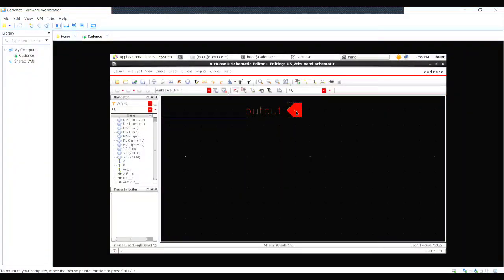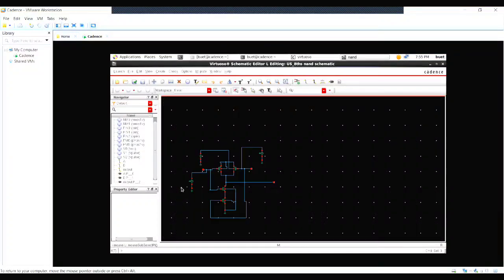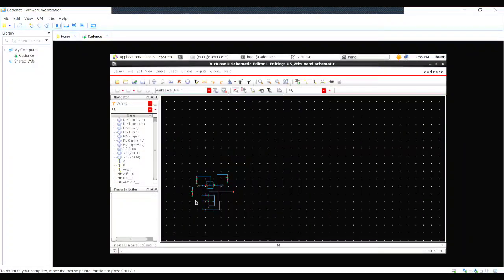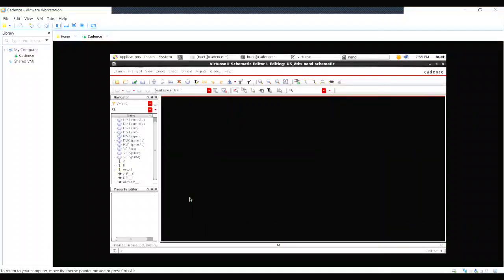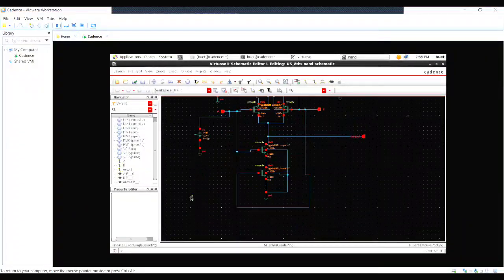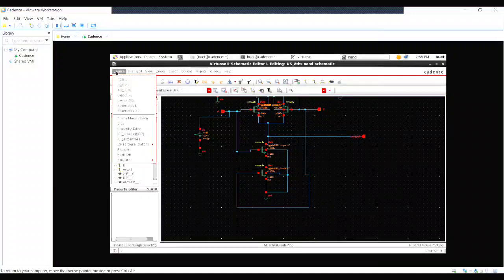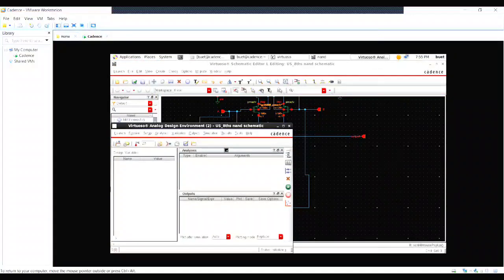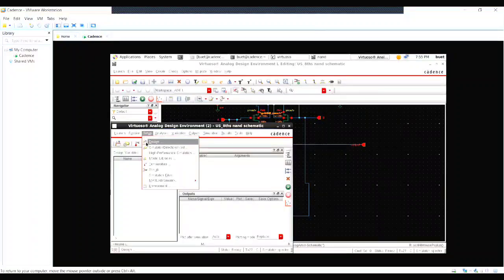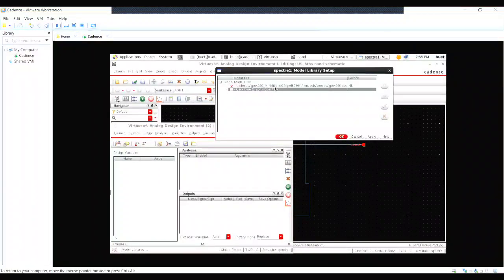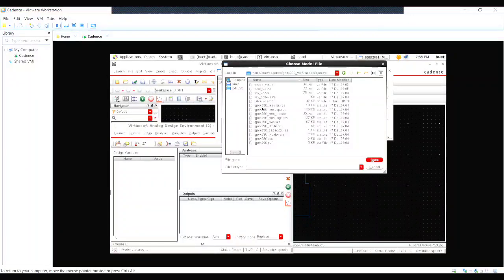Now select this output and connect it in here. So this is my output. So I've done pretty much all the necessary things, I think. Now this is the main part I'm going to do, which is you're going to click launch ADE L. Now set up model libraries. Now double click the writing and select the